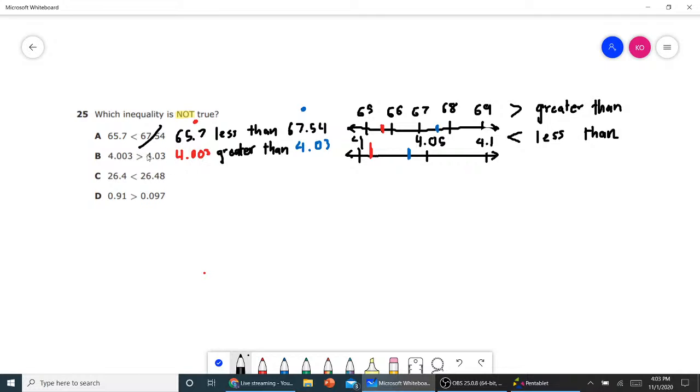And this answer choice is saying the exact opposite. It's saying that 4.003 is greater than 4.03, which is not true. So this is our answer choice right here. Just to be certain though, let's look at the next answer choice. So 26.4 is less than